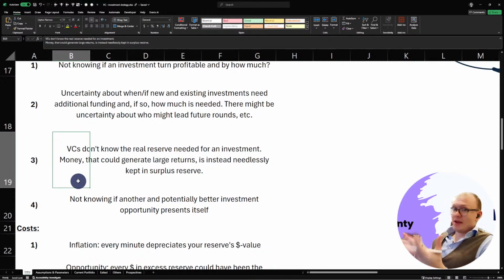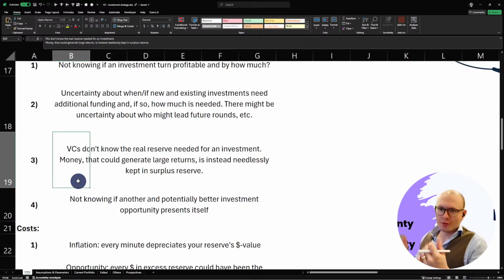But if we never end up using them, simply because we keep them around for reserve reasons, then they are just needlessly depreciating in value since there's inflation. Maybe not the biggest concern here, but still, it is perhaps not minor. Right? There is actually going to be some millions of dollars that are going to be lost due to inflation. So if inflation is about 2%